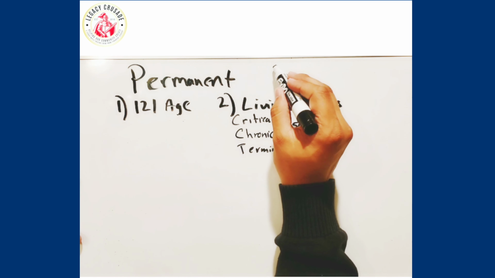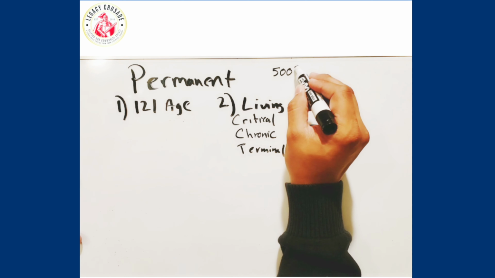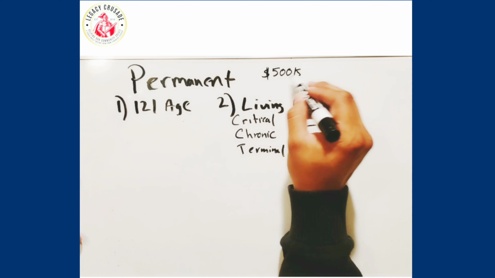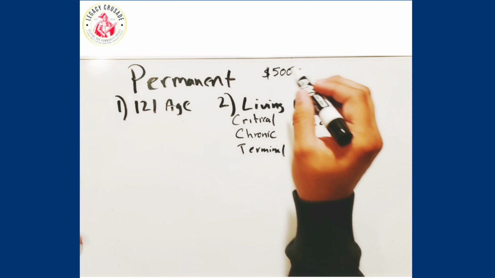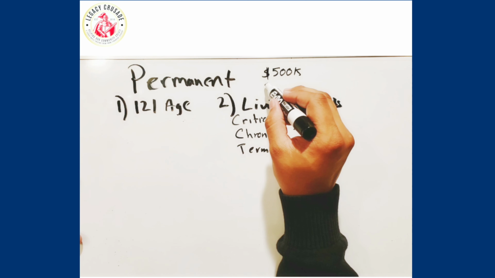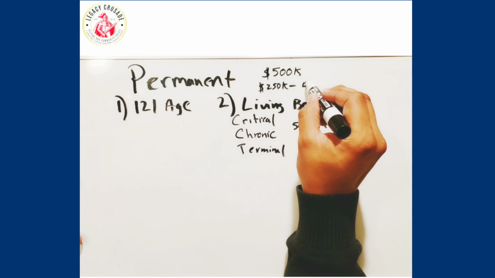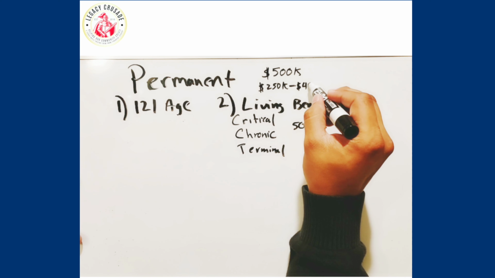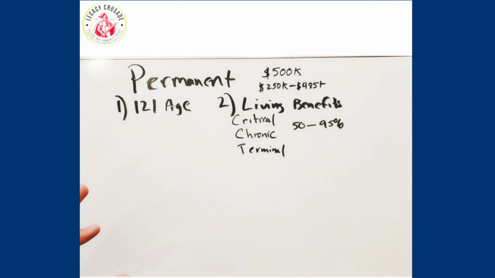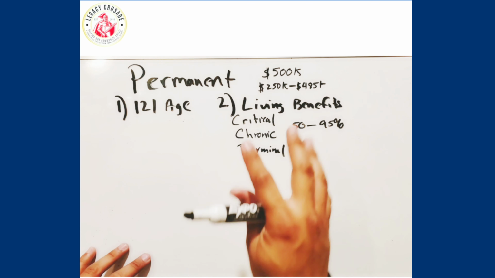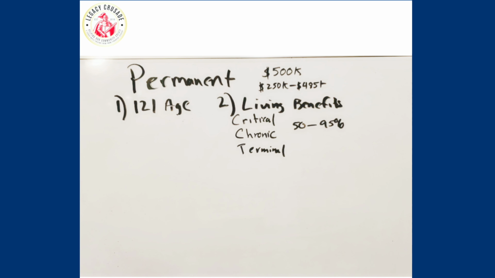So in the example I gave you before, the gentleman had $500,000 in life insurance. And let's say he didn't die, but he got hit with a critical illness. That means that he can advance, depending on the severity, anywhere from $250,000 up to $485,000 as a lump sum, so he can pay bills and make sure that the house stays afloat while he recovers from his injury. Very powerful feature that was recently added to life insurance for absolutely free.